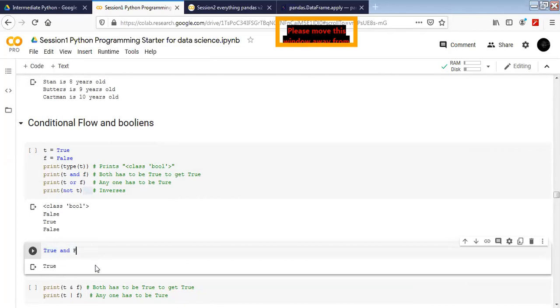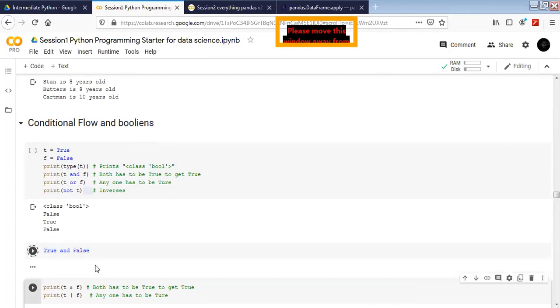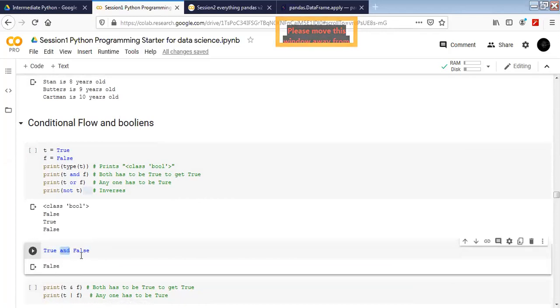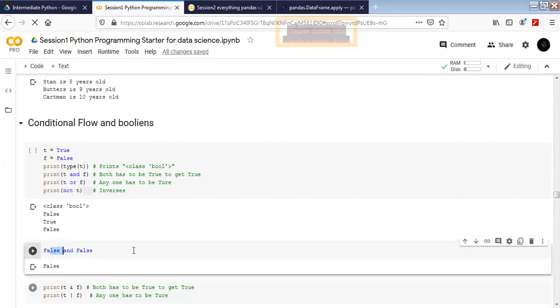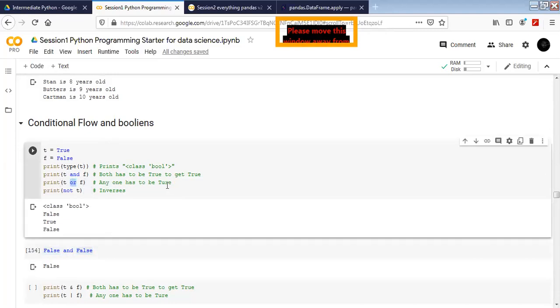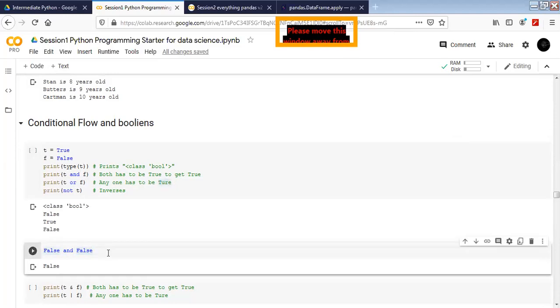If it's false, we're going to get false. For the and, both have to be the same. Whatever both are, it's going to return the same thing. All right, and for or, any one of them has to be true to be returned as true.